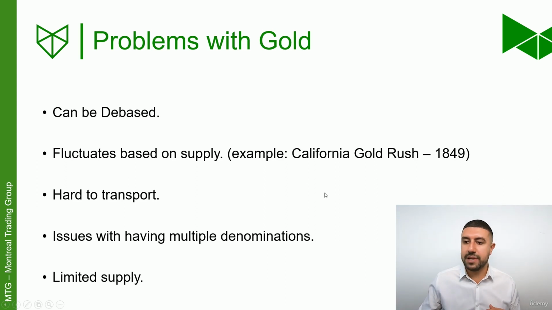So I have an example here, the California gold rush. This hasn't happened often. The California gold rush is one of the only times, or maybe another time too, where we found a huge supply of gold. And what happens when the supply just increases like that? Well, the gold you have in your pocket suddenly isn't worth as much, right?